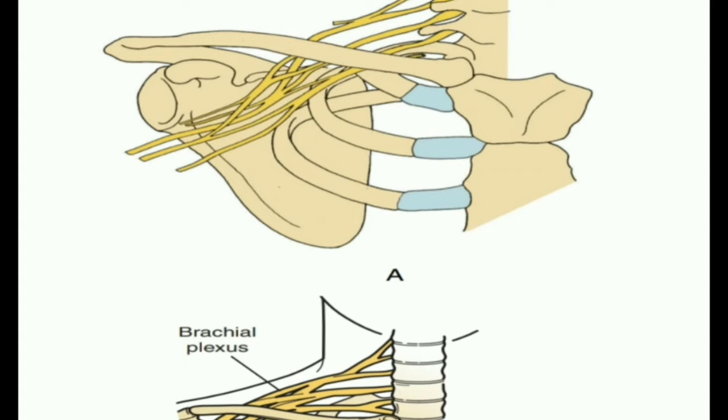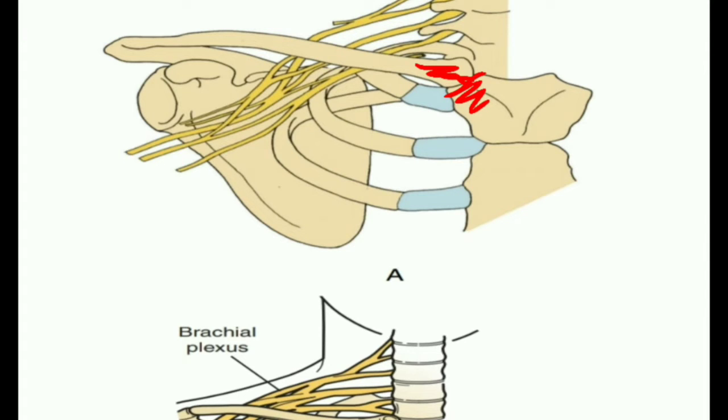Now let's discuss the type of the sternoclavicular joint. The sternoclavicular joint is a plain synovial joint. If you Google it, you can see that the sternoclavicular joint is described as a saddle shaped joint. But I told you that it is a plain synovial joint. Why is that? Because it is true that the articular surface of the clavicle and the sternum is a bit saddle shaped. Here you can see it is a bit saddle shaped.